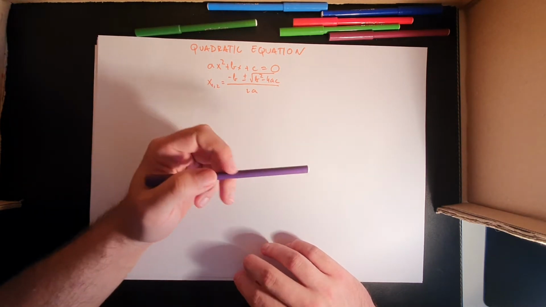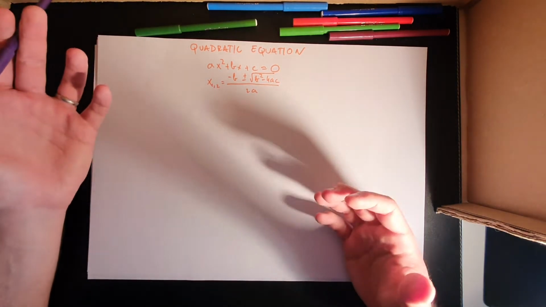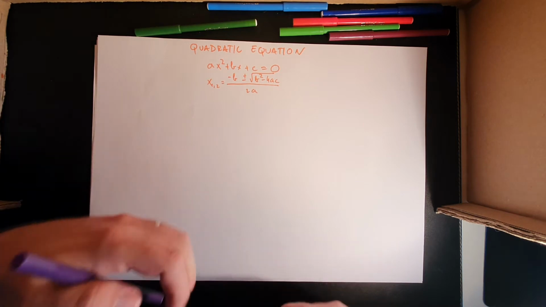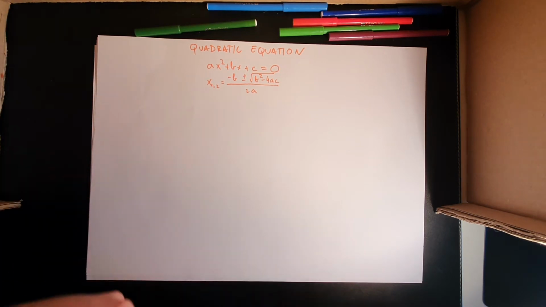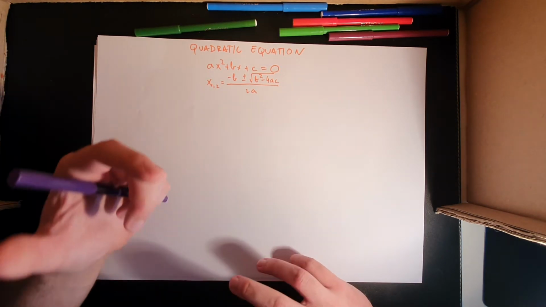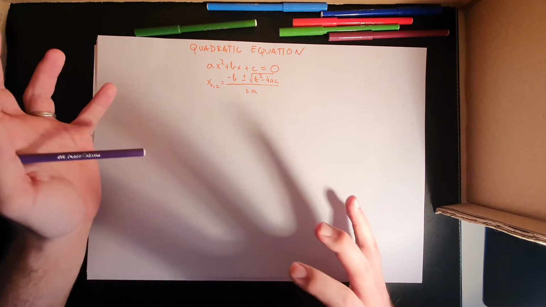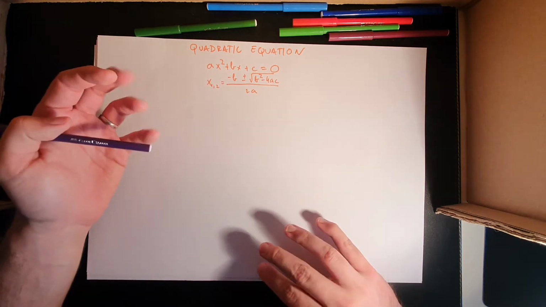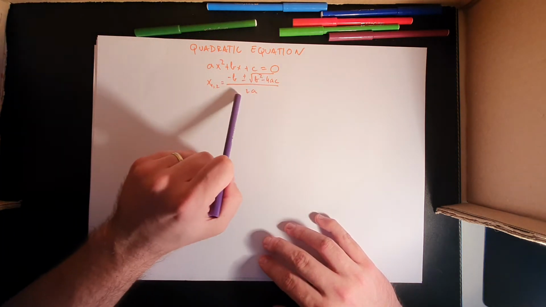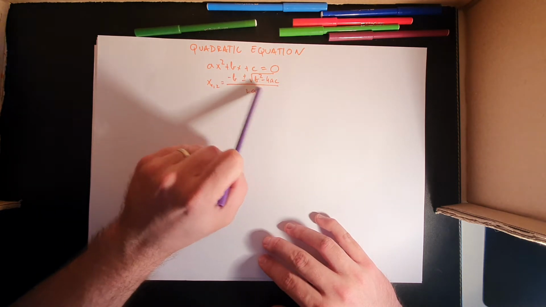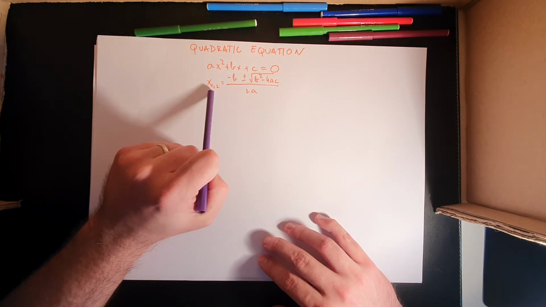More about them in the lesson on the quadratic function, when they have some properties or give us some specifics about the function itself. Here, they're not that important. Well, in a sense they are, because they give us a formula with which we can then find the results